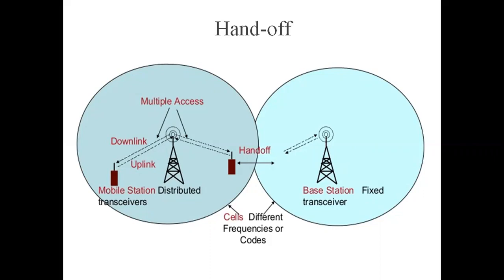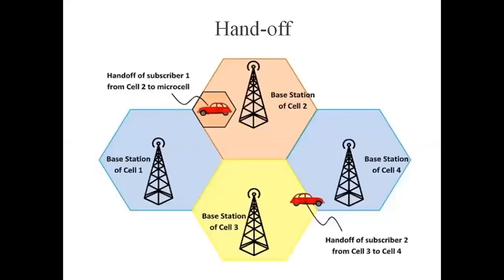Now in today's class, we are here to discuss the situations for triggering this kind of handoff. As you can see in this slide, handoffs are triggered in any of the following situations. Let us take into consideration a subscriber who is in a call or a data session and moves out of coverage of one cell and enters the coverage area of another cell. A handoff is triggered for continuity of service.